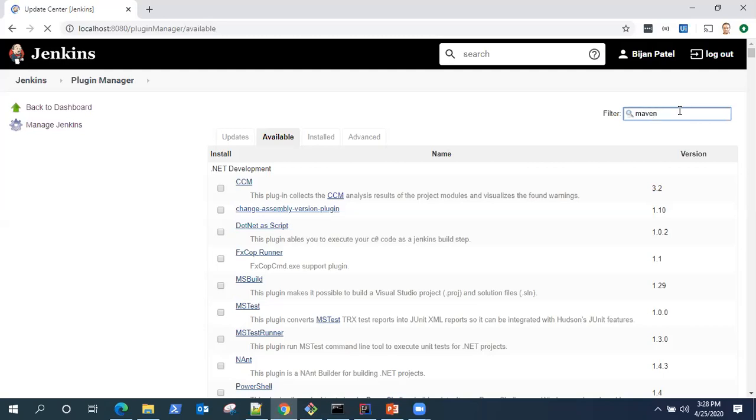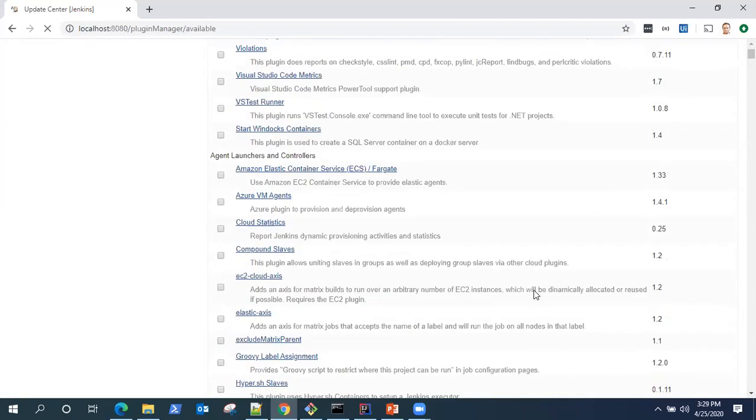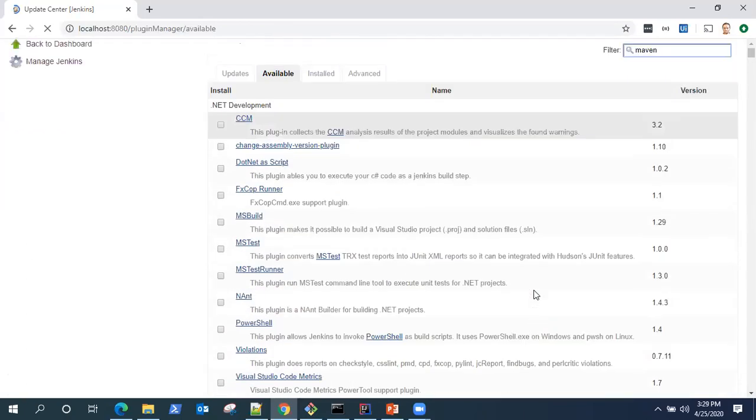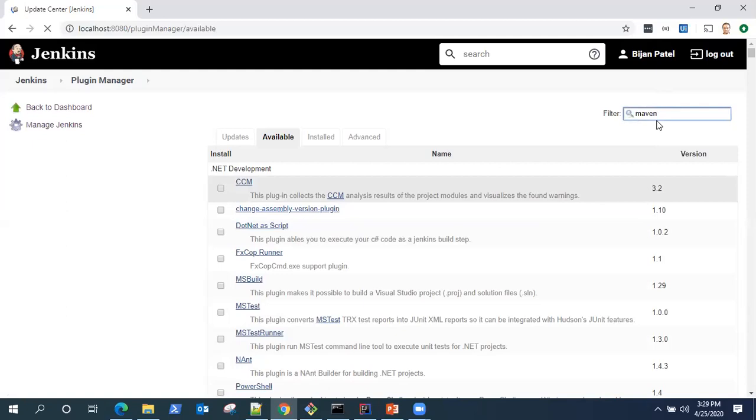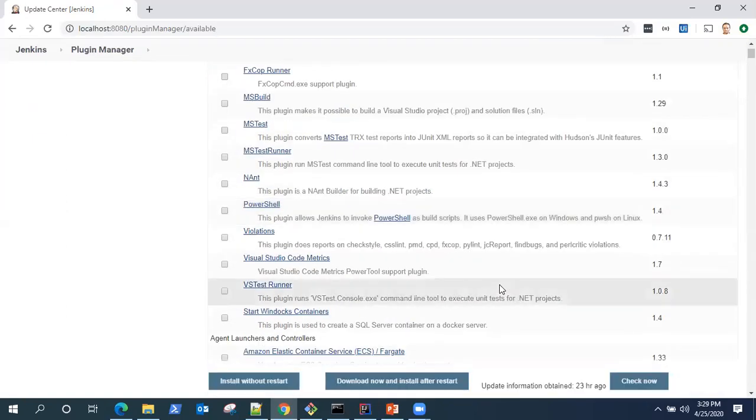So although I've already installed the Maven plugin, it will still show you some options after filtering based on what you have entered, right? Because there are a lot of plugins, it's important to filter based on what you are looking for to make it quicker, right?